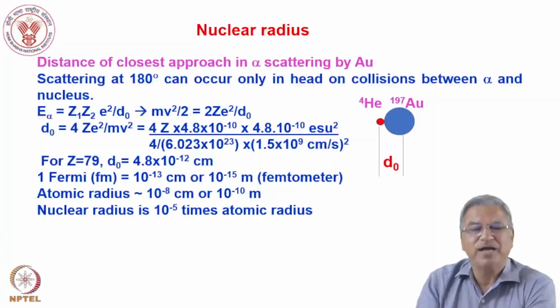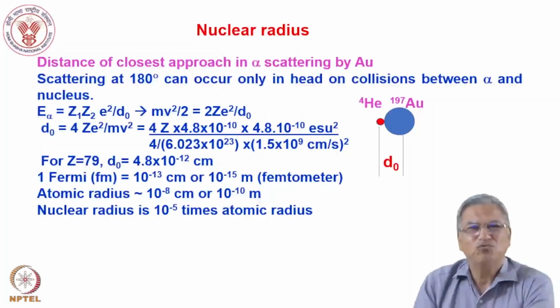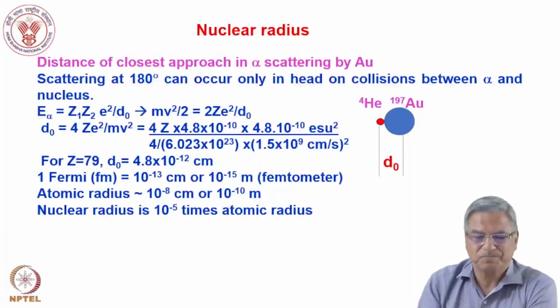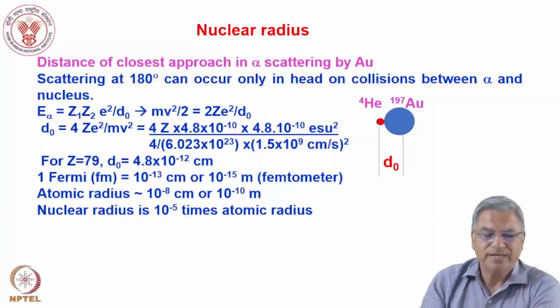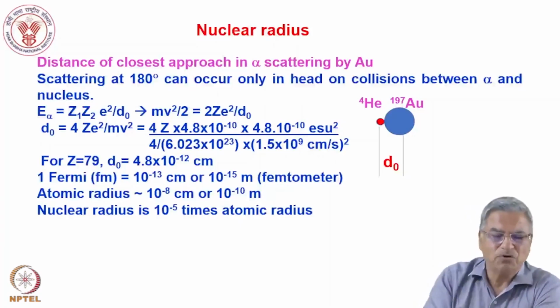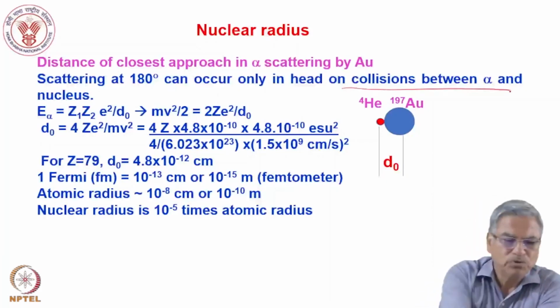of the atom is confined in a very small volume at the center of the atom, which is called the nucleus, and this very scattering experiment led him to find out the size of the nucleus. For that he used the concept of the distance of closest approach, how close an alpha particle can come to the gold nucleus. So he used this concept of head-on collision between the alpha particle and the gold-197 nucleus,